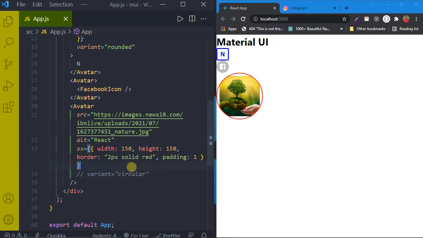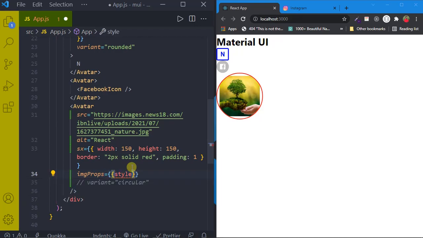So in order to style that image, we have to pass one more prop called image props. Image props, and the way of styling it is like this. And what we want to do with that image is make it circular. See, if you observe now, that is not circular, that is a square. In order to prove that, I can pass one more style over here, that is, let's say overflow. All your doubts will be clear now.